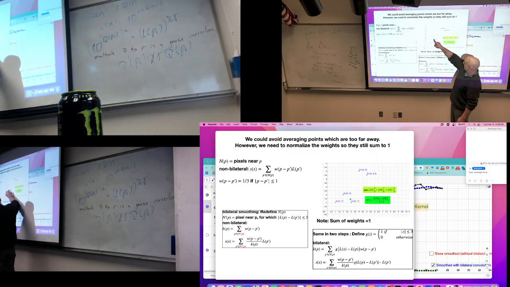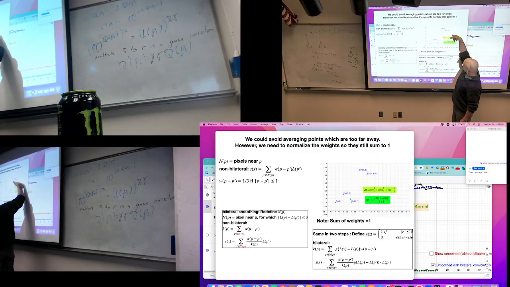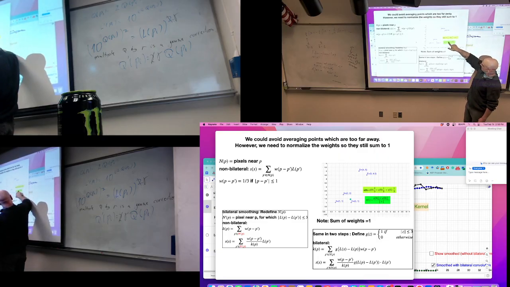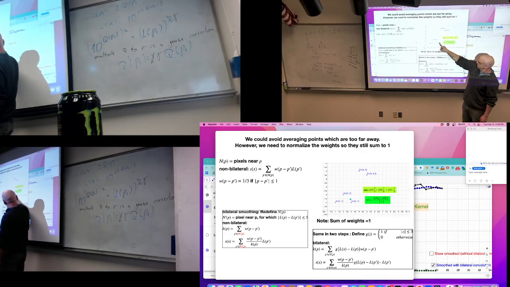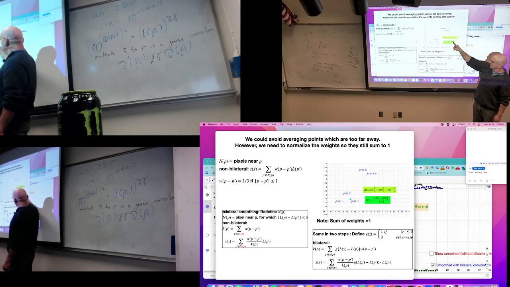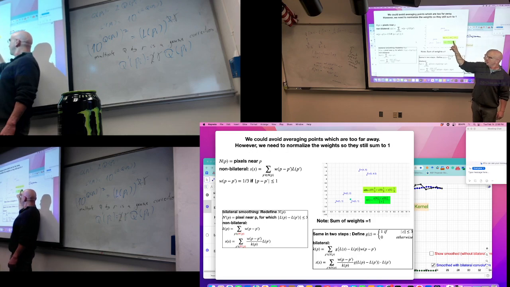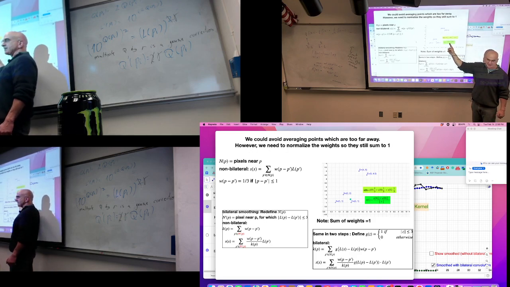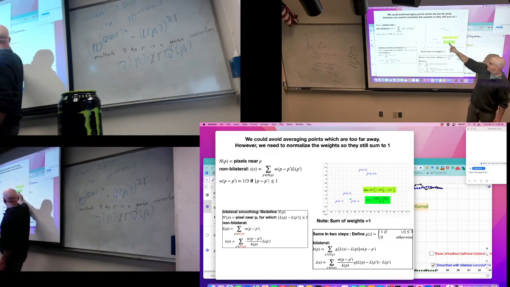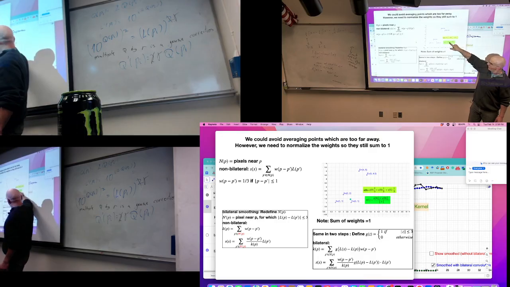5 points, A, B, C, D, E. Once again, I compute the average. The average at B is a third times A, a third times B, a third times C. But the average of C would be a third times A plus a third times B. Take whatever you got as a new value and divide it by the sum of weights that I accumulated from here. So I divide it by,